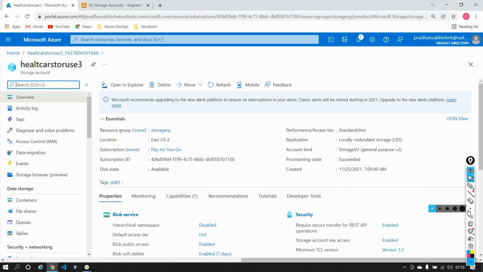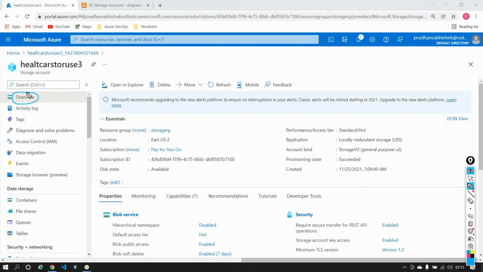Right now, on the left hand side of my screen, you see a couple of options like overview, activity log, and so on. All these are known as blades, B-L-A-D-E-S, blades in Azure. Nothing but what we call options, Azure calls them blades. These options on the left hand side of your screen help you interact with the storage account that you just created. The first blade that we are on is something known as overview.